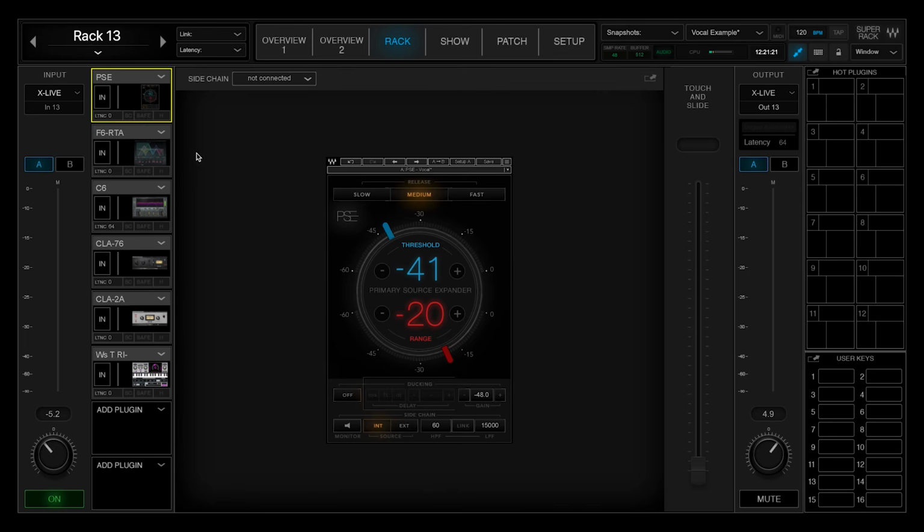Now, the PSE is going to be one of my favorite plugins for a gate. And this allows us to take our range and go anywhere from a few dB down all the way to 60 dB down, and we can adjust it how we want. I typically will recommend starting at 12 dB of gain reduction that will happen with this gate,